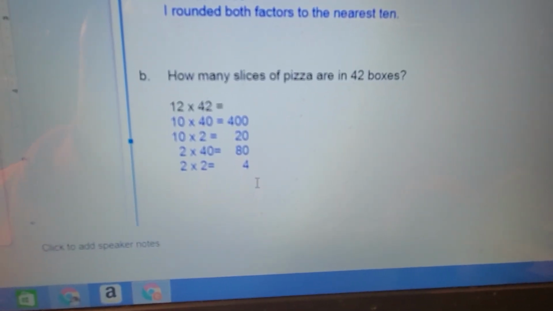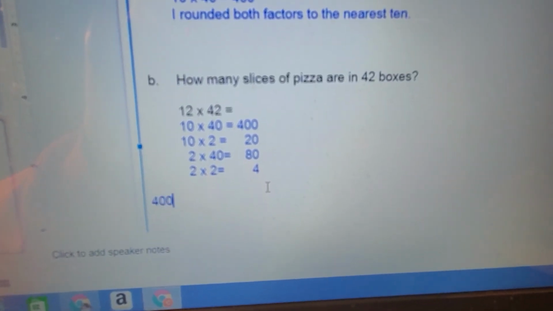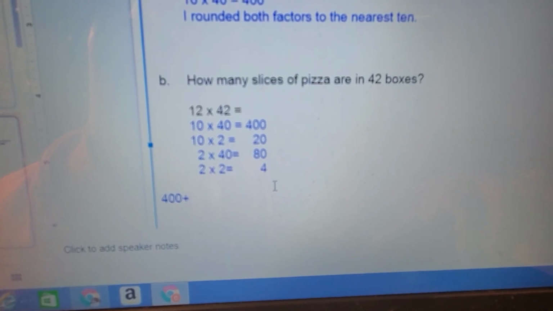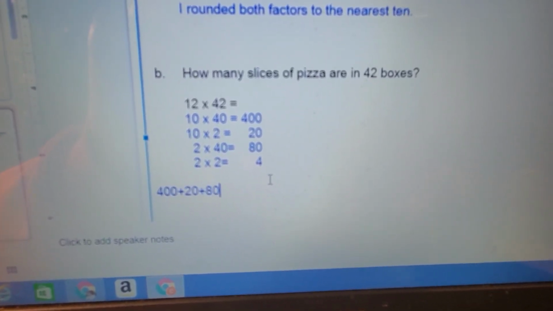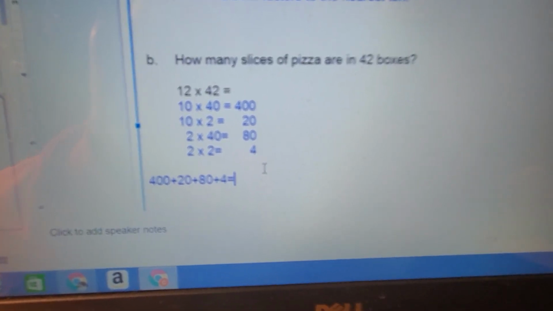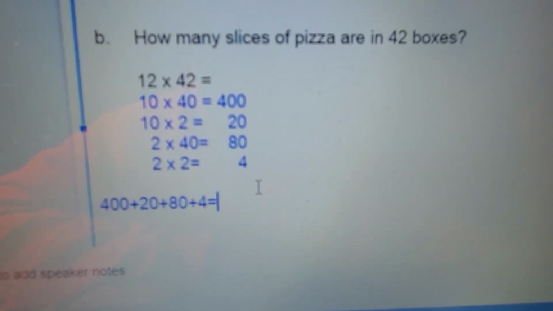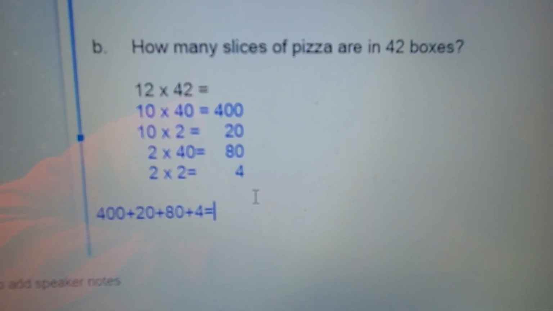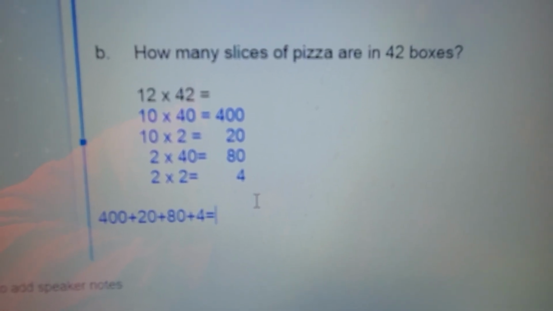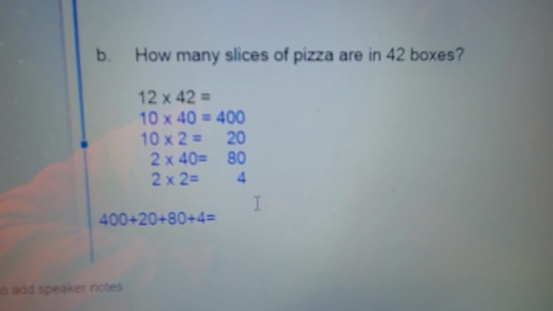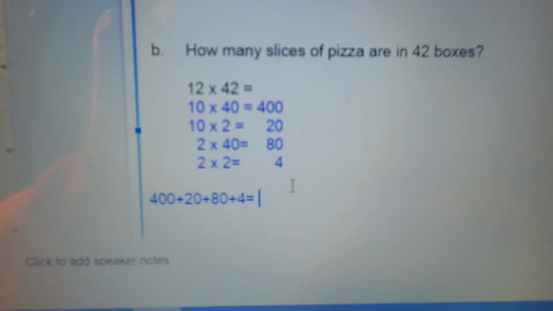And then I add them up. I have 400 plus 20 plus 80 plus 4. Now I'm going to double check to make sure my answers are right. So I have 10 times 40 and 10 times 2 and 2 times 40 and 2 times 2. That looks right. So 400 plus 20 is 420. 420 plus 80 is 500. So my answer is 504